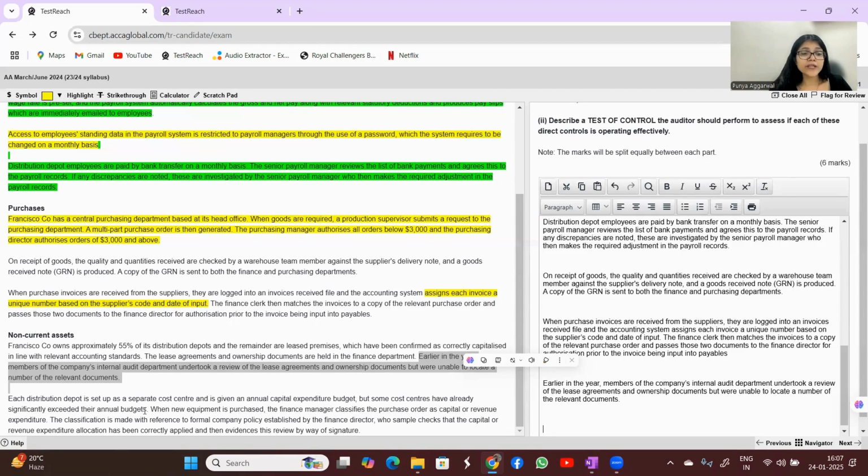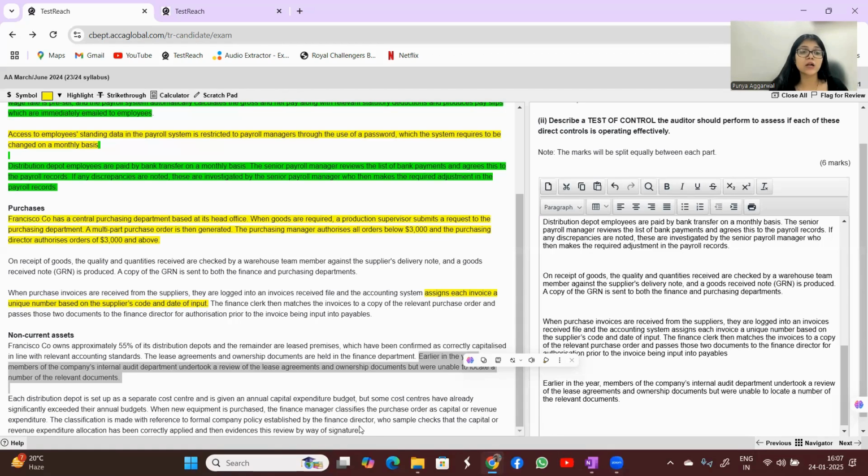When new equipment is purchased, the finance manager classifies the purchase order as capital or revenue expenditure. Okay, so when they're purchasing new equipment, the finance manager will classify the order as capital expenditure or revenue expenditure. The classification is made with reference to formal company policy established by the finance director, who sample checks that the capital or the revenue expenditure allocation has been correctly applied, and then evidences this by way of